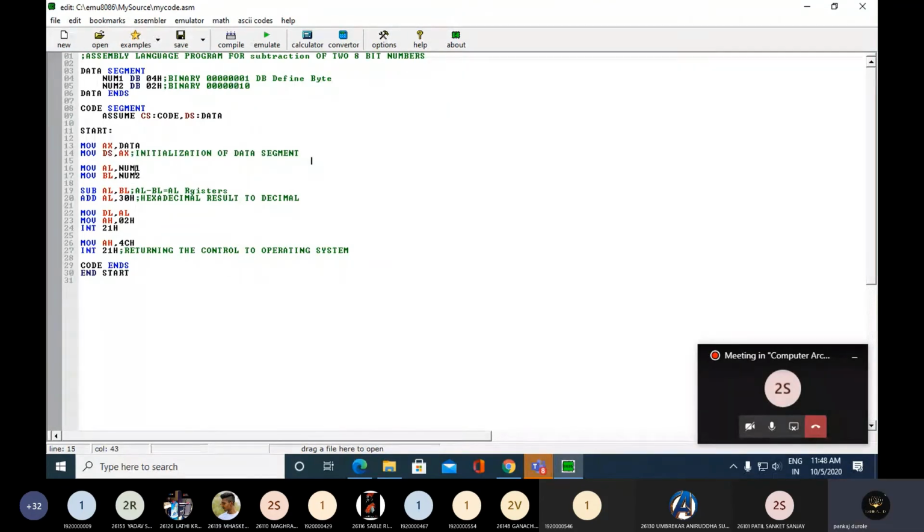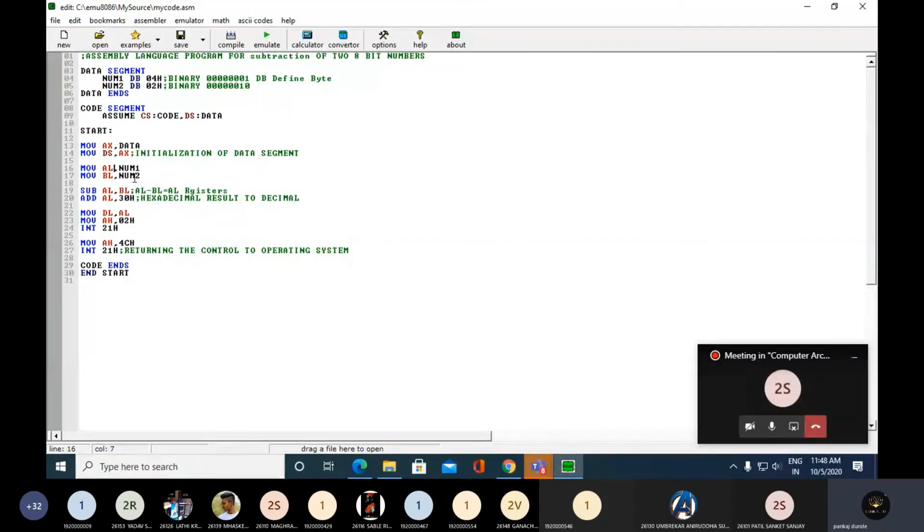After that, you have the number 4 stored in num1 and another number 2 stored in num2. Now, variables cannot be used directly, because the processor takes the data from the registers. So we are moving the value of num1 to the al register. Because of mov al comma num1, the num1 value will be moved inside the al register. Now al is storing the value 04H. H stands for hexadecimal.